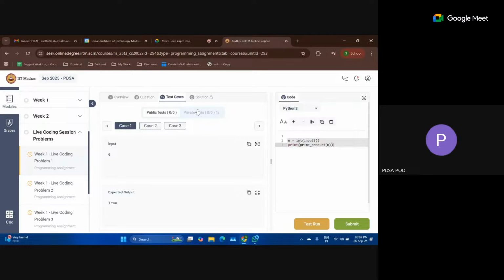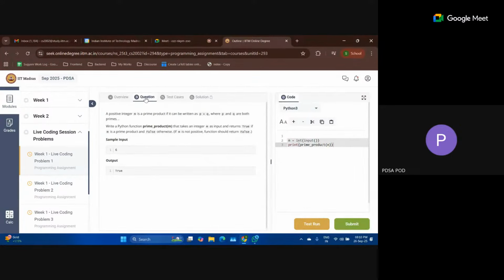Private tests are locked, only public tests are accessible. You can look into the problem inputs and the expected output for each public test. This is scenario one, test number one, input set one, this is input set 2, this is input set 3. Then here the solution will be available, I believe, in a couple of weeks or something. This is the solution, but it will be locked temporarily.